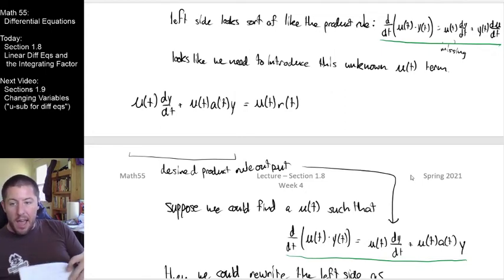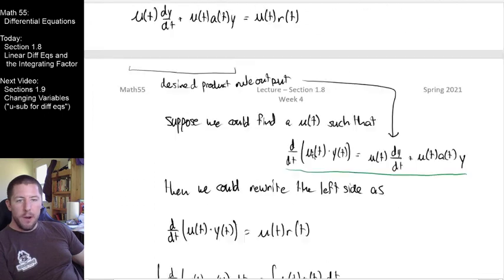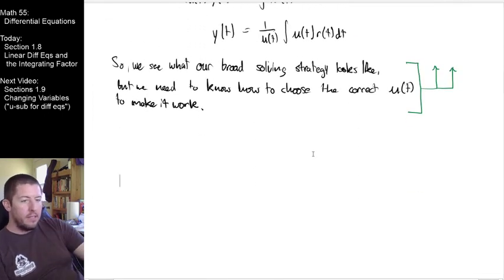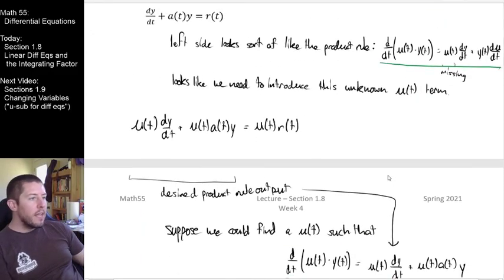If we can come up with that, then that mu of t, which we will call an integrating factor, will be exactly the mu of t that we're looking to multiply through on both sides, right? So one of the things that we had said right here was that our derivative with respect to t of mu of t, y of t needs to be equal to, and I just want to make sure I'm writing this exactly as it's up here,